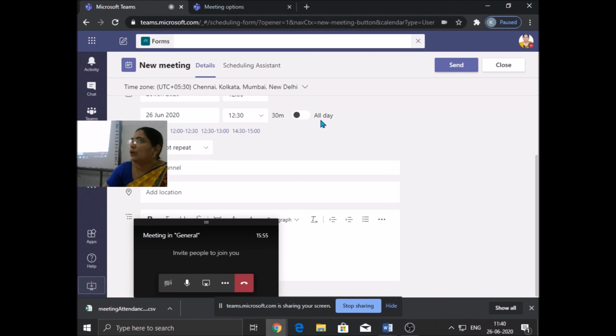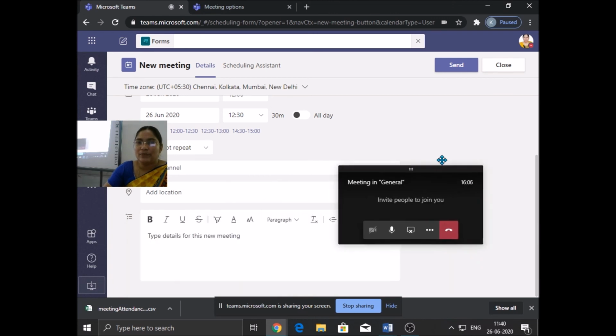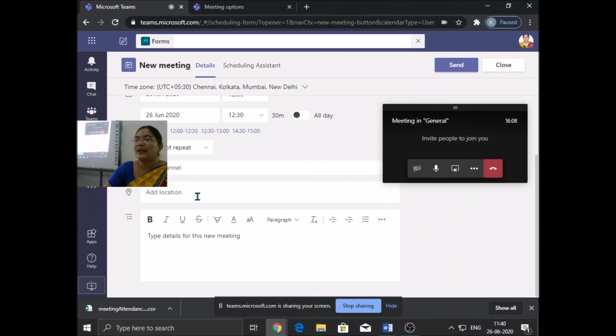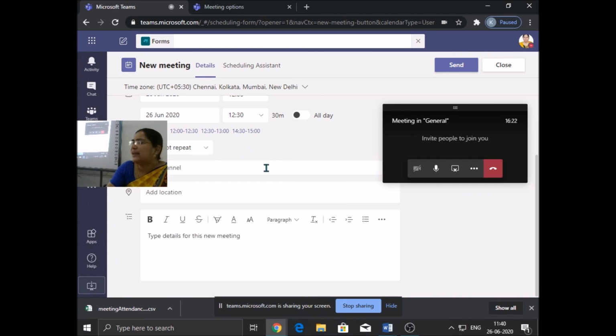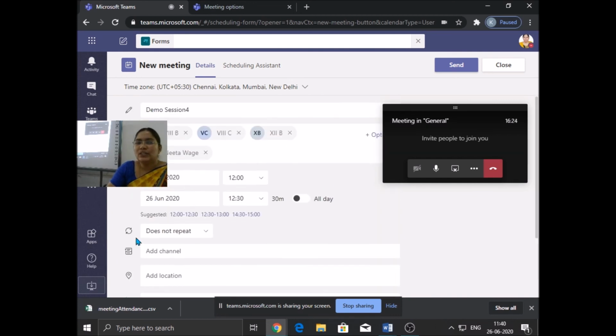What time to what time? All day you want to take, or 30 minutes, or 1.5 hours, from which time to which time, right? So you will be mentioning all this. As we are in the India location only, all these things are done automatically. Our GMT 5:30 is taken, Greenwich Mean Time 5:30, our Kolkata, India time. Okay. And here, do you want to add channels? Don't add any channel. Okay, just go to the class.